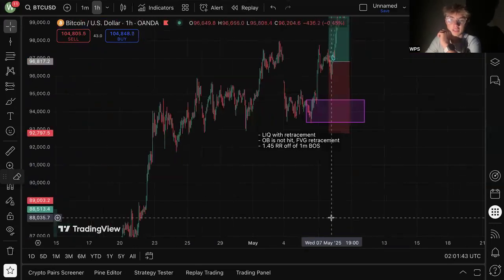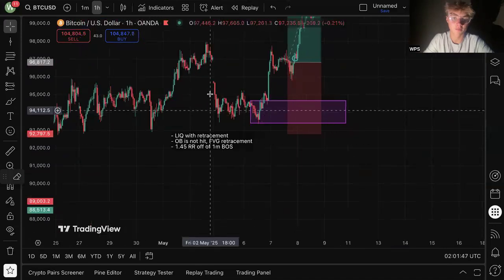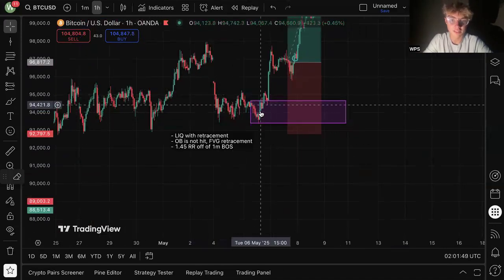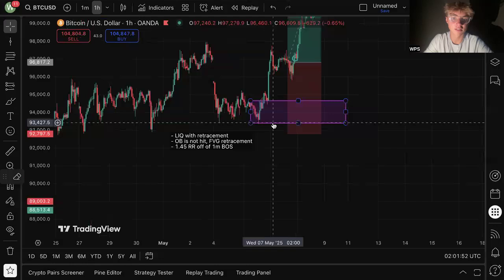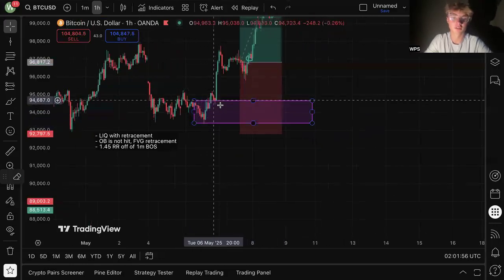This third trade is another fair value gap retracement where price dips down into here. Price, I believe, goes even lower. Yes, it does go a bit lower, forming this order block. Price goes up to the